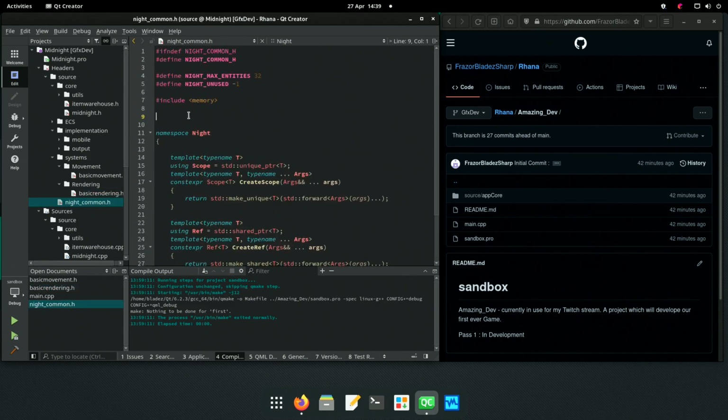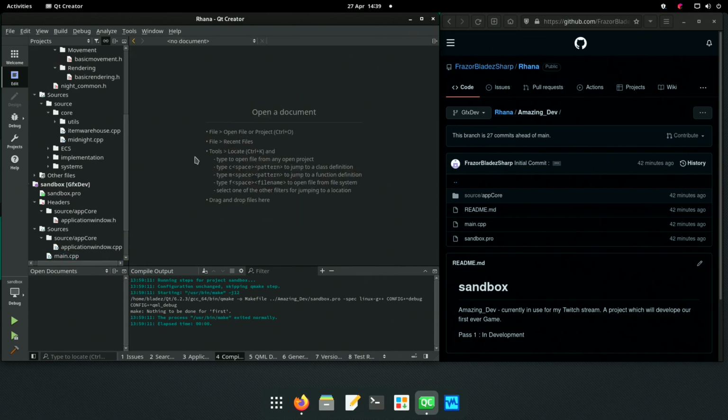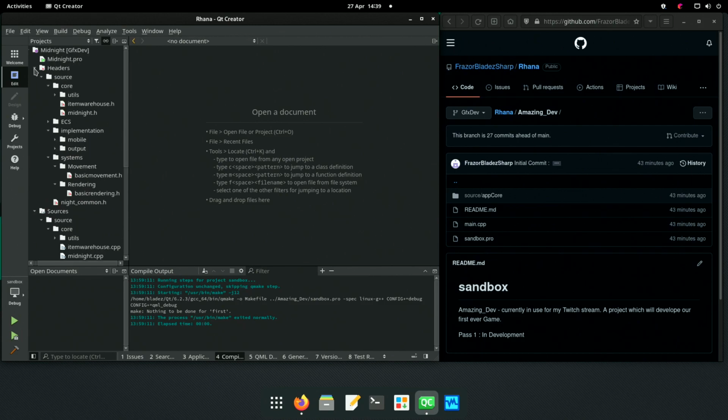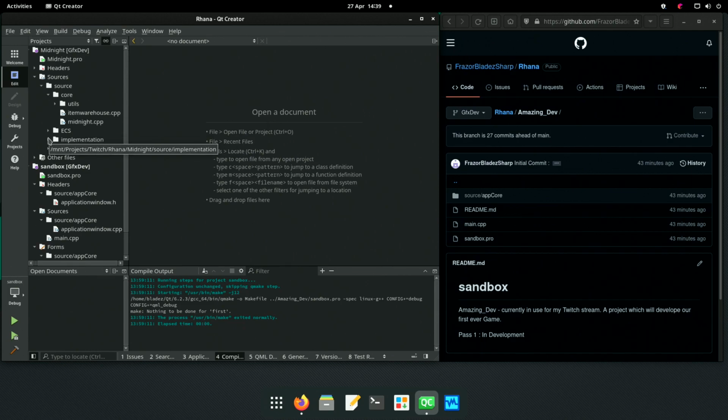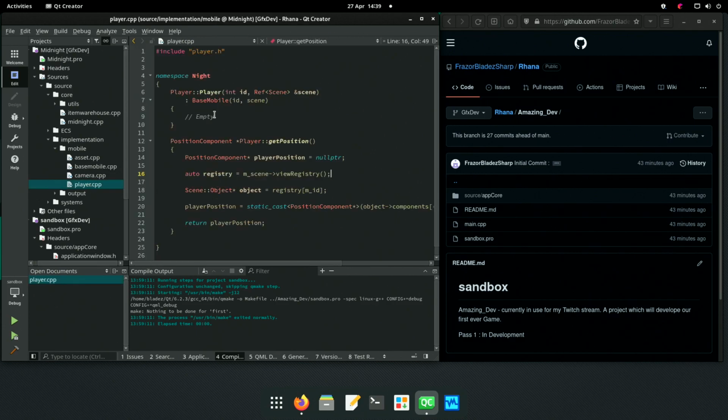Yeah, there's only one include. Yeah, that's correct. Anything else I need to look at? Yes, there is. That was the headers. Can I have the source? Don't want that. It's the implementation that matters. Mobile. It's all been changed.